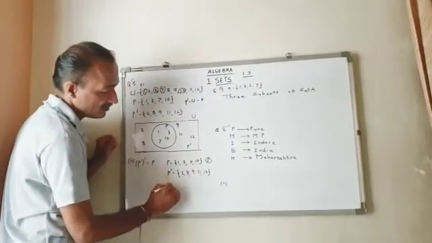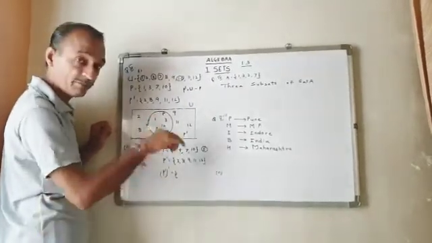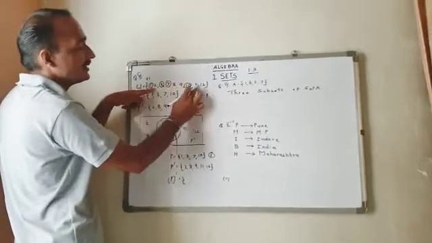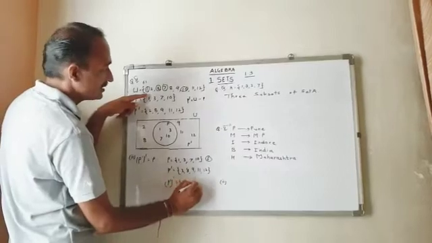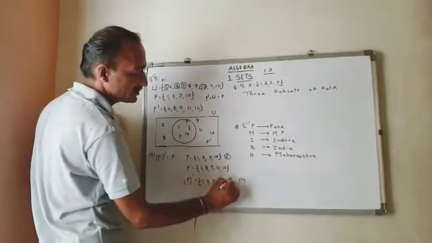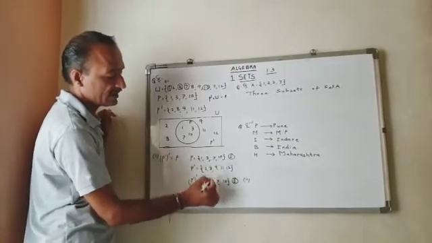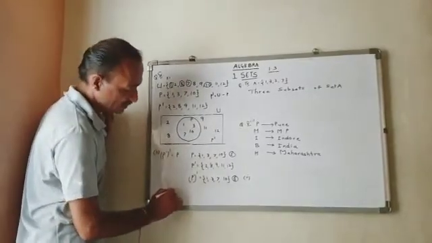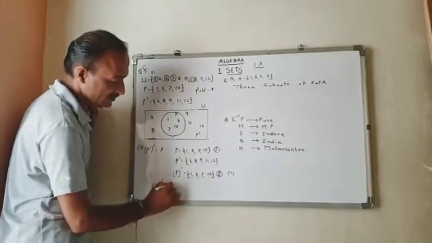Now, complement of P complement. P complement is 2, 8, 9, 11 and 12. Excluding this, what remains? 1, 3, 7, 10. This is my number 2. Can we say P is the complement of P complement? 1, 1, 3, 3, 7, 7, 10, 10. Both are equal. Why? Elements of both the sets are equal. So what can we say? Complement of P complement is equal to P.